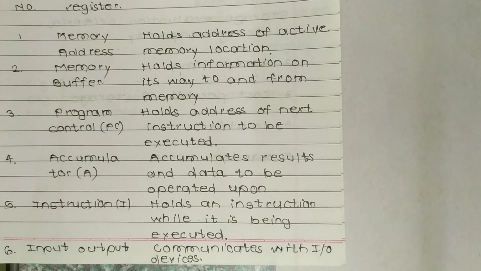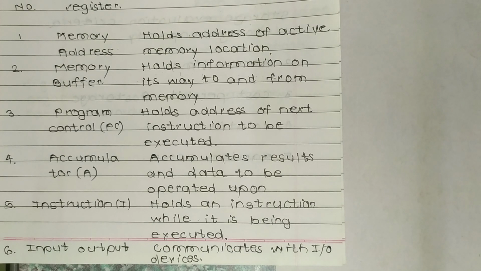Execution of any instruction by the CPU during program execution normally involves the following steps. So there are four important steps. First, the control unit takes the address of the next program instruction for execution from the program control register and reads the instruction of the corresponding memory address into the instruction register of the control unit.